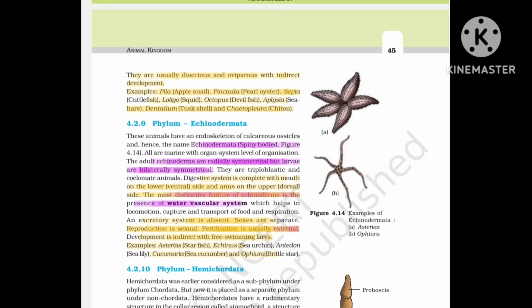Move further to the phylum Echinodermata. They have an endoskeleton of calcareous ossicles, so the name. The adult Echinoderm shows radial symmetry, but the larva shows bilateral symmetry. They have an organ system level of organization. They are triploblastic and coelomate animals. The digestive system is complete, with the mouth on the lower or ventral side and the anus on the upper side. The most distinct feature is the presence of a water vascular system. The excretory system is absent. Sexes are separate. Reproduction is sexual, and fertilization is usually external, and development is indirect with free swimming larvae. Examples are Asterias, starfish,